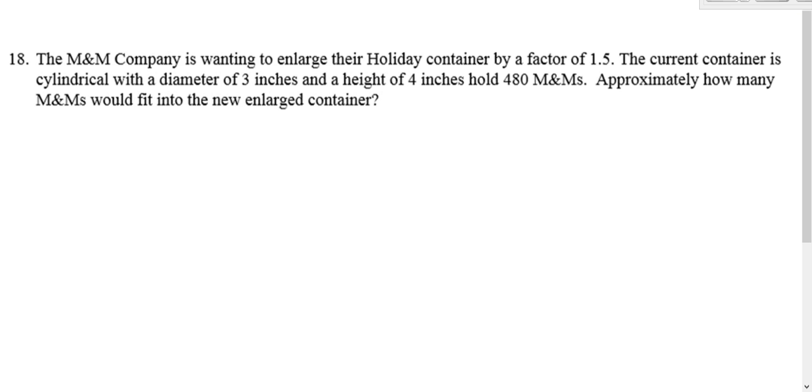So even though the wording's a little bit off here, they want to enlarge every dimension of their container by 1.5. So that means they're going to take the diameter. Instead of 3, it's going to be 1.5 times 3, which is 4.5. The height, instead of being 4, it's going to be 1.5 times 4, so it'd be 6. So you could figure out what the actual volume is, or you just take that scale factor